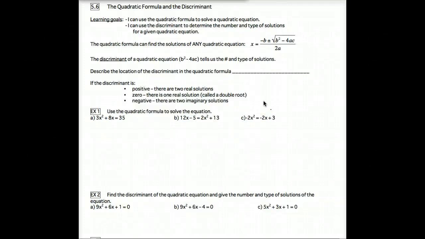All right, so today we are going to review something that you learned in Algebra 1 that I'm sure is very near and dear to your heart, and that is the quadratic formula. You do need to know the quadratic formula. It is not given to you, so if you are looking at these notes every single time, you are doing yourself a disservice. You need to know and memorize the quadratic formula because it's going to come up all throughout